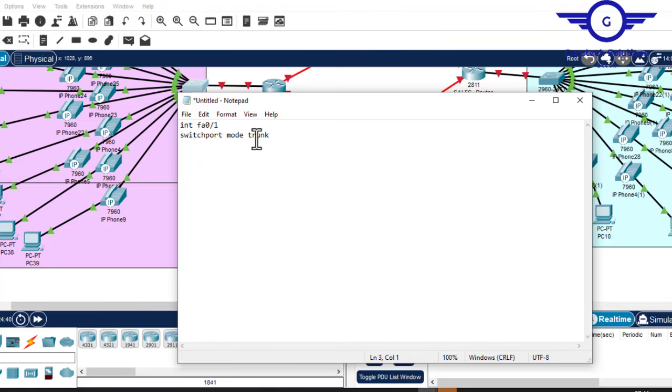Okay, should be trunk. Then we exit the interface, then we say interface range FA0/2 to 24, switchport mode, now access,